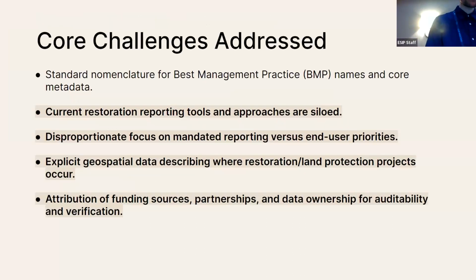Core challenges, again, just siloing of tools. We like to build that glue code, that plumbing, those connection points to overcome those kinds of barriers. We want to shift the focus away from mandated reporting requirements to end user priorities, because that ultimately serves the collective a lot better in the long term.